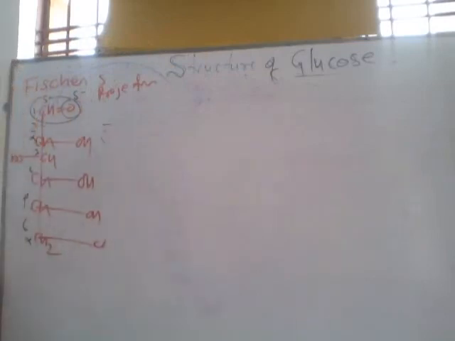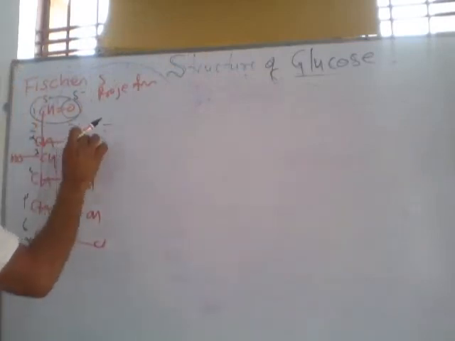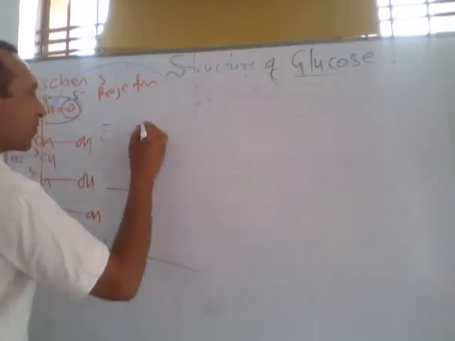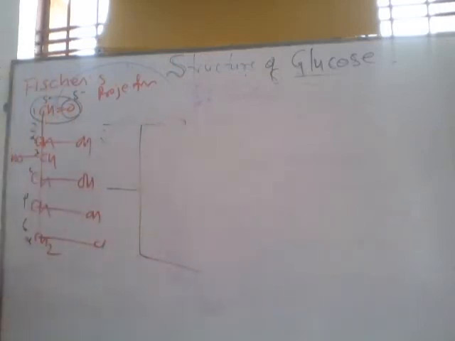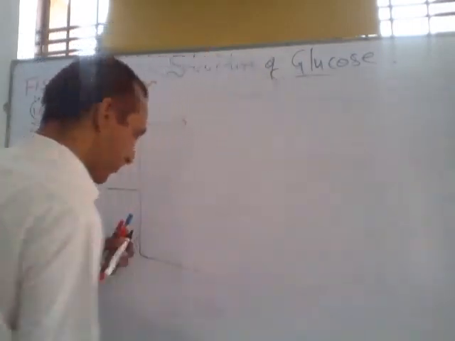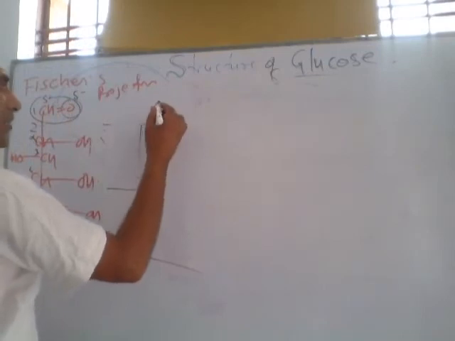The next reaction is the most important reaction. How can we prove that in glucose there are 5 OH groups present? By these two simple reactions. Number 1: do you know the formula of acetic anhydride? The formula of acetic anhydride is